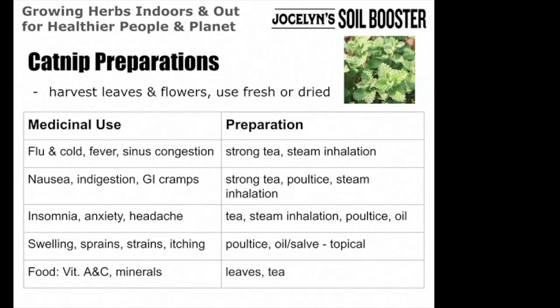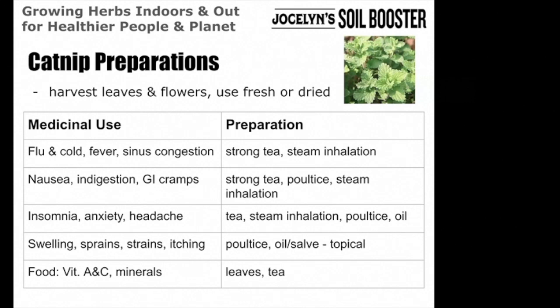Any of those headachy symptoms, with, again, the steam inhalation, like I was talking about with wild bergamot, really great to get those aromatics, that's the essential oils in there, like the smell, the aromatics of the mint is really what decongests and what really helps to soothe your respiratory system and your gastrointestinal system. So you can also drink a strong tea, or even put a poultice.